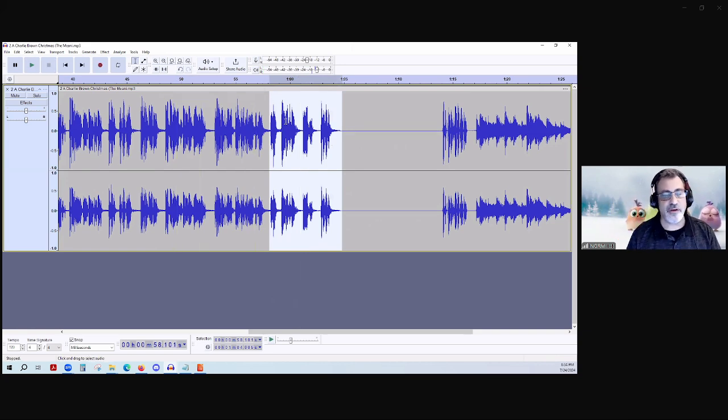Now maybe you want to keep the echo. I'm going to keep it in there for now. But you could remove it, because one of the other things too, when you're working with these types of files, is that when you change the nature of an audio file, you're going to change everything around it, right?